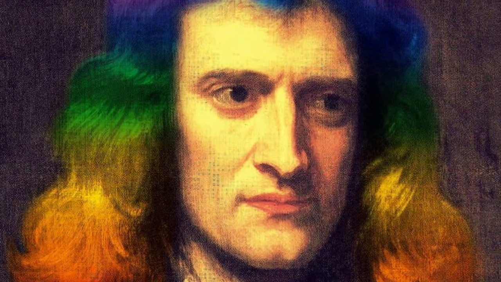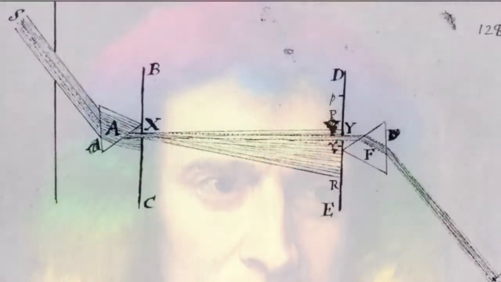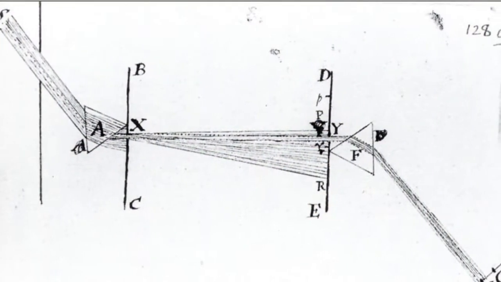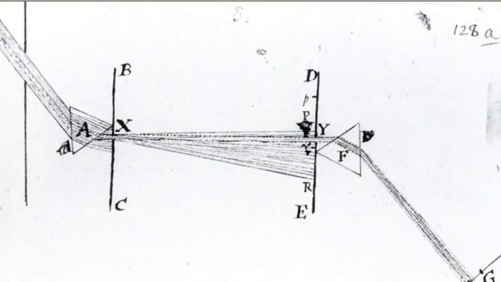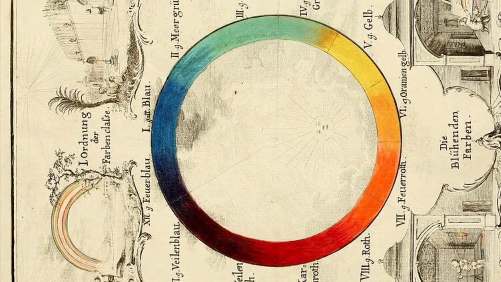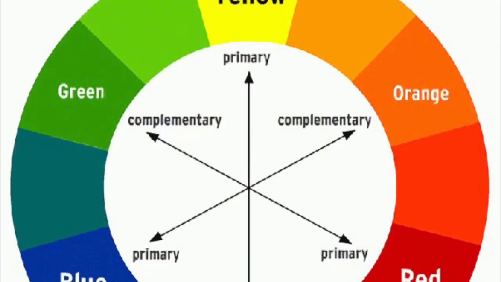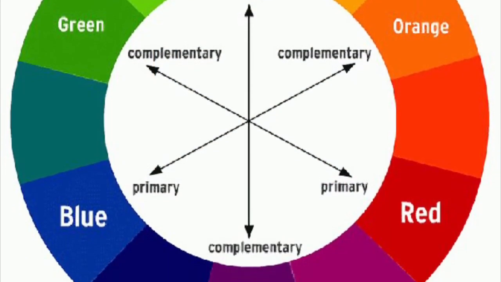Newton was the first to understand the rainbow. For this, he refracted white light with a prism, resolving it into its component colors: red, orange, yellow, green, blue, and violet. Then, he proved that the prism was not coloring the light by refracting the light back together. His most useful idea for artists was his arrangement of colors around the circumference of a circle, which allowed the painters to arrange primary colors opposite to their complementary colors.